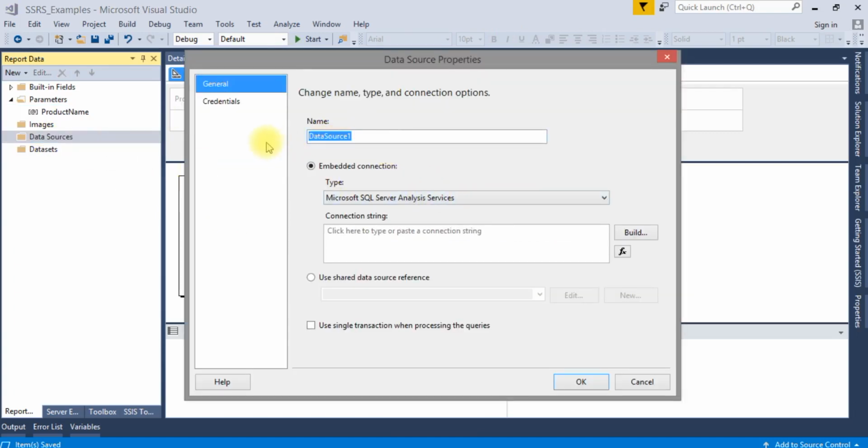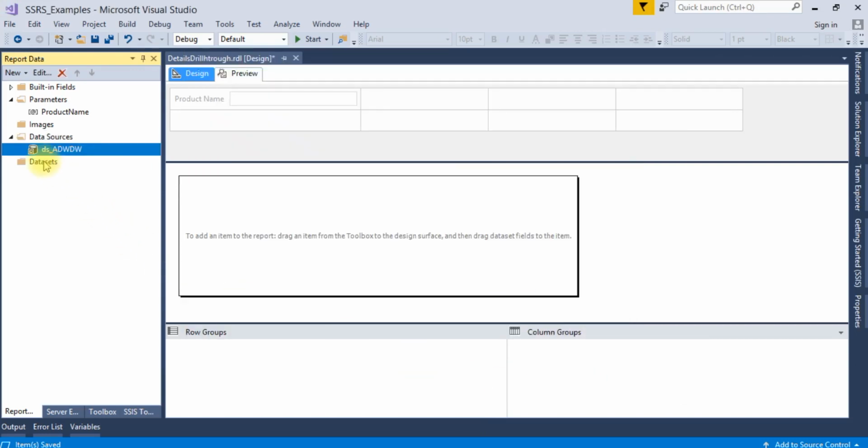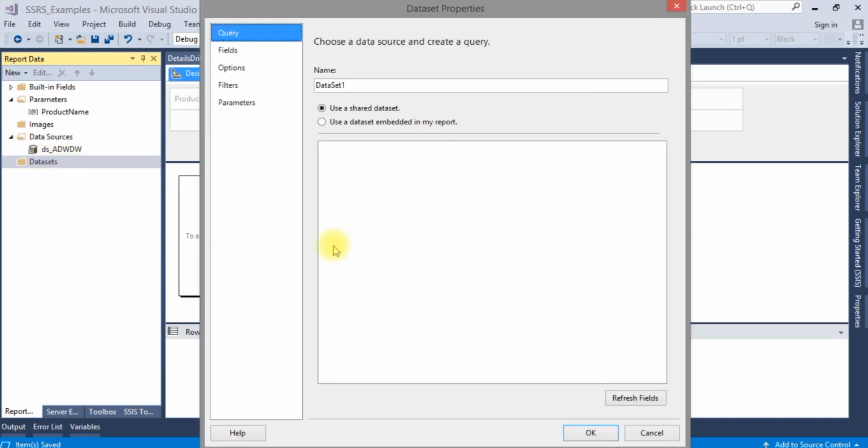I'm using AdventureWorks DW 2017, so DS AdventureWorks DW. I use this as the data source. Click OK. Now we will add the dataset here.